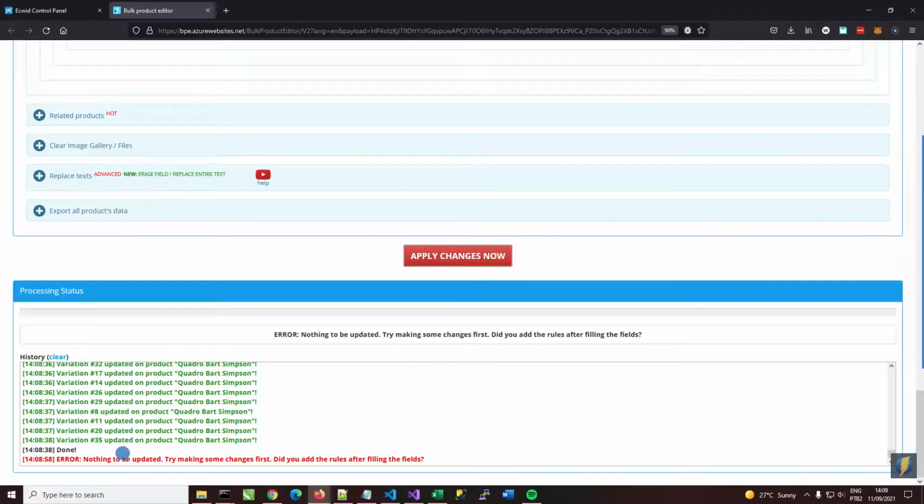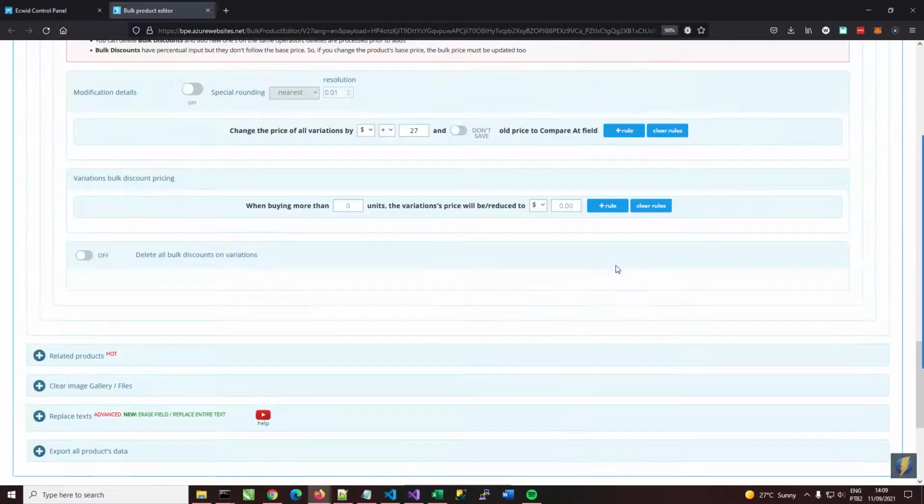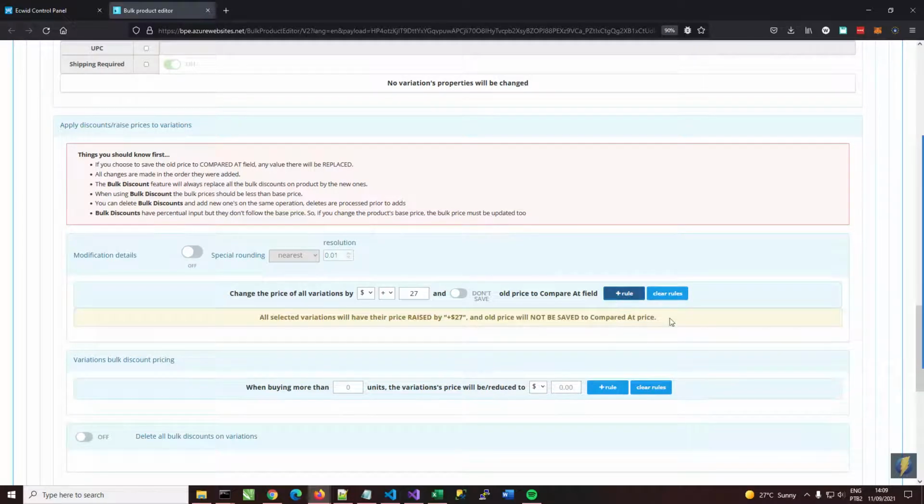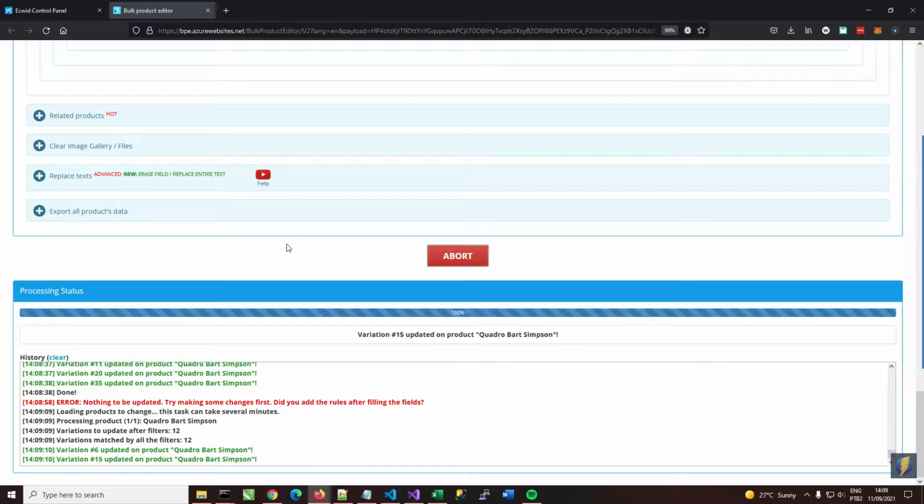Oh, nothing to be updated. This is a common mistake. I forgot to add this row, okay? So I add the row now, apply changes again,